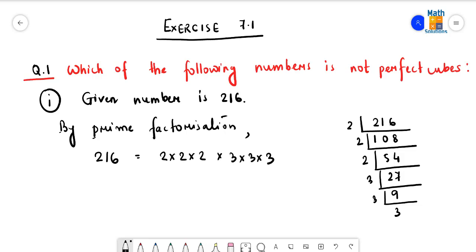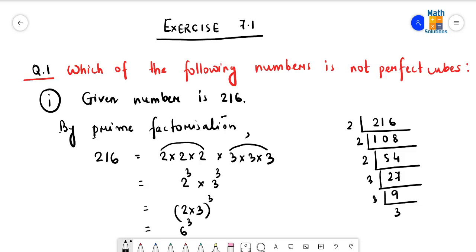So we find that 2 comes in a group of three, and this number 3 also comes in a group of 3. That means we are getting triplets here. So we can write 2 cube into 3 cube. If we take the power common, we get 2 into 3,